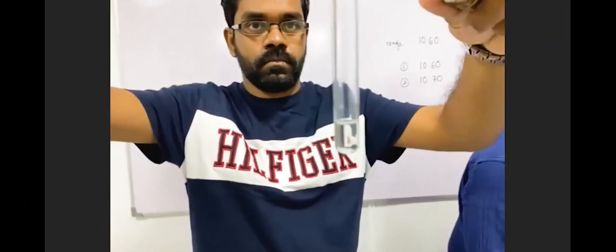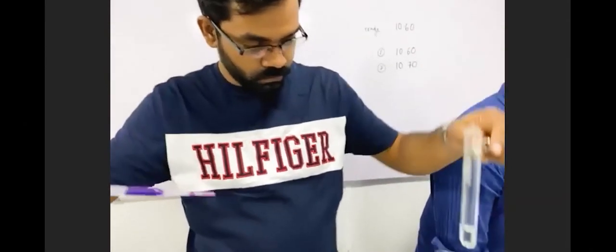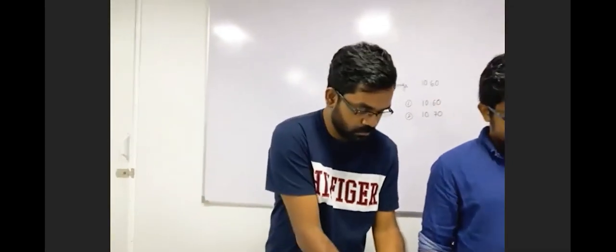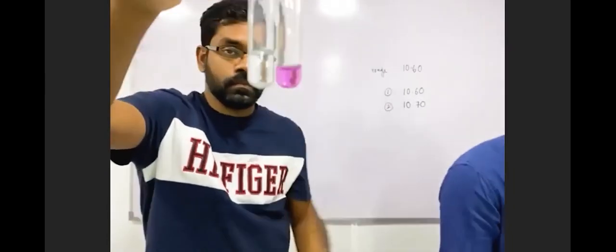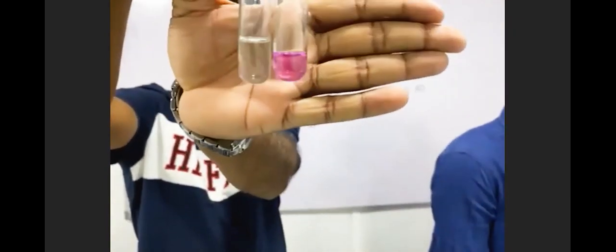So let's write down the observation. We can add more and show you. That's the observation. You can quickly note it down under FA9. What did you see? With FA9, a colorless solution. When we added KMnO4, what happened? The color of KMnO4 changed to a colorless solution. Yeah, that's the observation.